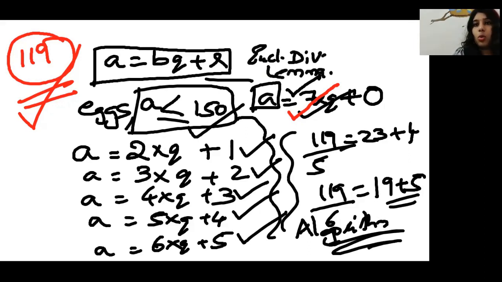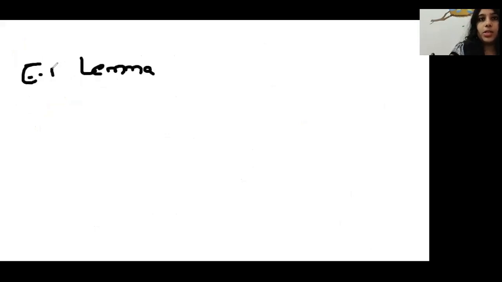Lemma means, now understood, from this algorithm, these well-defined steps, I have come up with a proven statement. By this proven statement, we can now do the following steps. So this is called what? The Euclid's division lemma. Understood? Okay. By doing further examples, you will know what it actually is. Okay, so as I said, Euclid's division lemma will be dealing with finding the